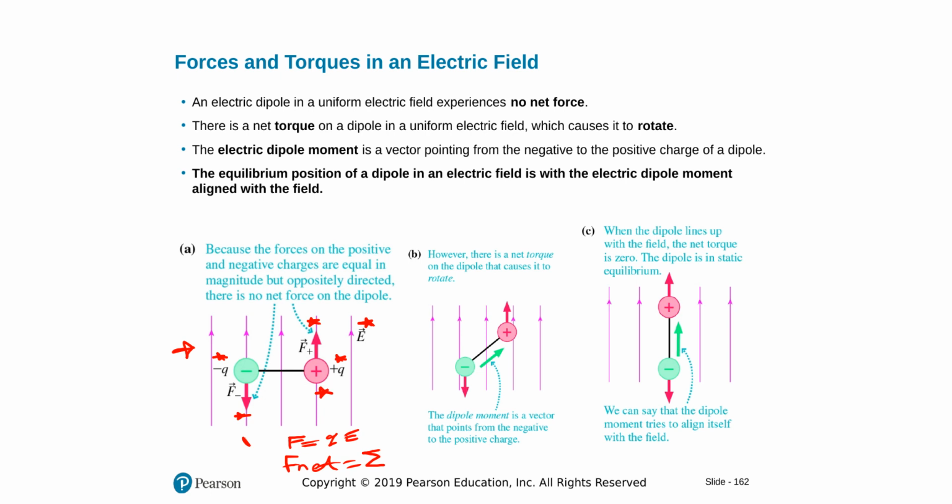The sigma symbol is for total F is 0. But we have a torque, since the plus is pushed upward, minus is pushed downward, we'll have an overall rotation, and this we can understand by logic. This rotation will continue until these forces cannot rotate our dipole anymore, and as we can see here, as the dipole aligns with E,